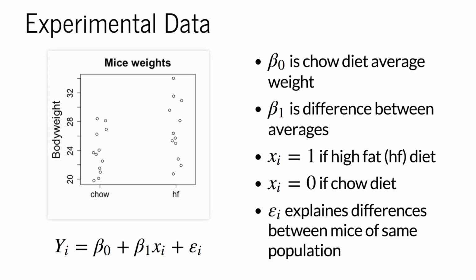So in this model, x1 is going to be 1 if you're a high-fat diet mouse and 0 otherwise. So it's not a line like the father's height, but it's still a linear model because we can write down our mathematical model of the data we observe with what is called a linear model, a linear combination of parameters and predictors. So we have shown you how we can use linear models to represent data for 3